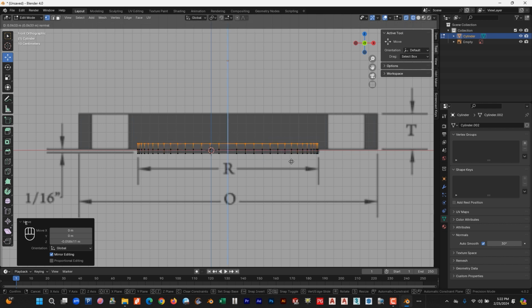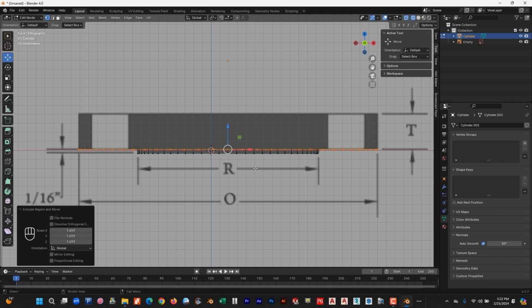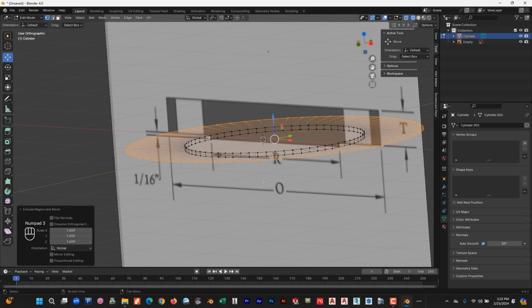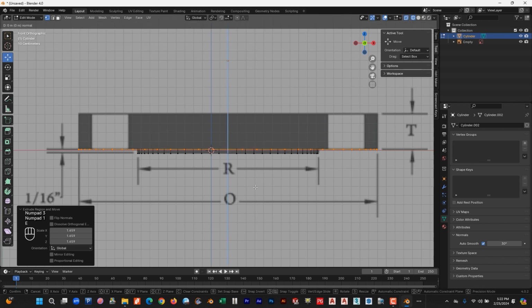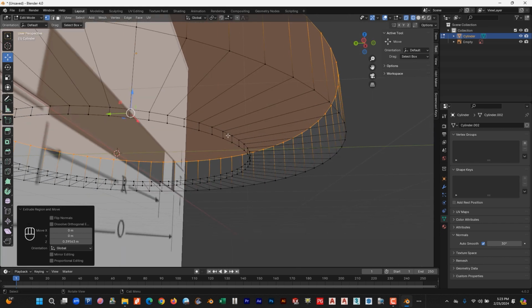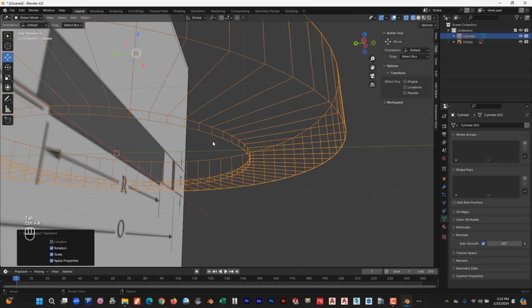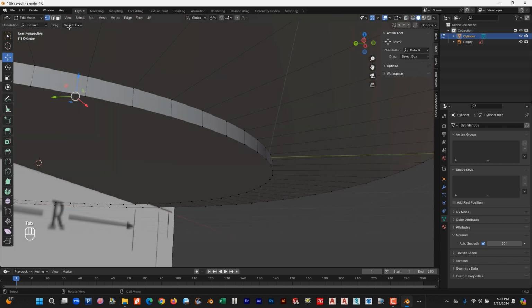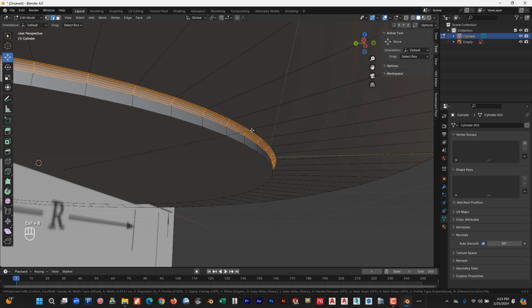extrude and scale. Okay, and extrude Z axis. Okay, select this portion, Control A, rotation and scale to be reset, and select these edges, this edge,